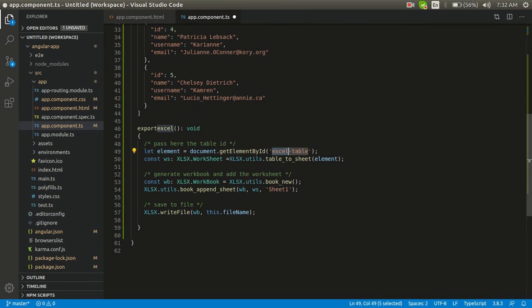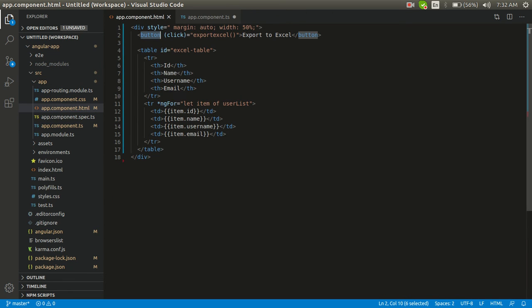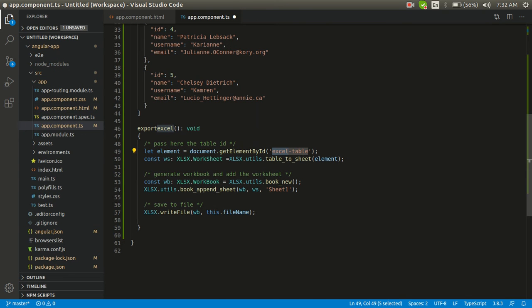So you can see this ID has been defined over this table here. So the reference to the content is being picked using this ID. So the ID at both places should be the same. So here we got the entire element with the data, and after that these are 3 lines of code which are mainly doing all the job for us.